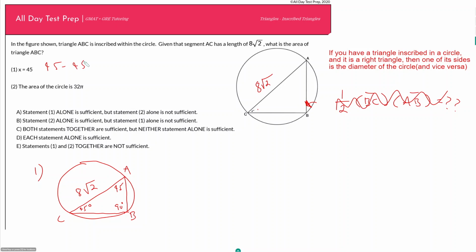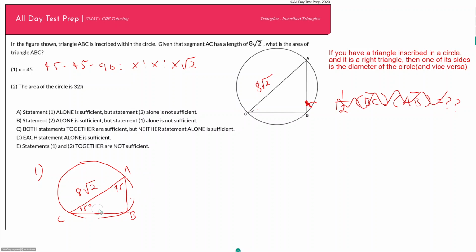I know 45, 45, 90 triangles are in the proportion of x to x rad 2, or if my hypotenuse is 8 rad 2, these AB and BC are my x's, therefore these should each be 8, and then using 1/2 base times height, my area would be 1/2 8 times 8. But we cannot say any of that, because again, we do not know